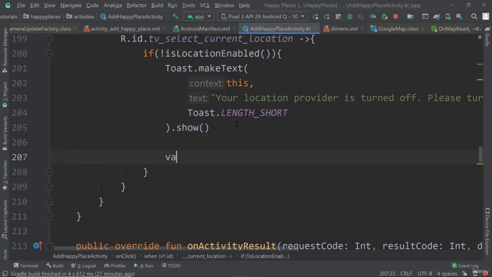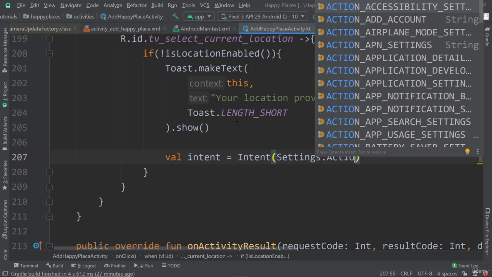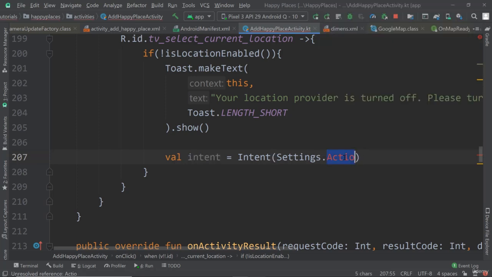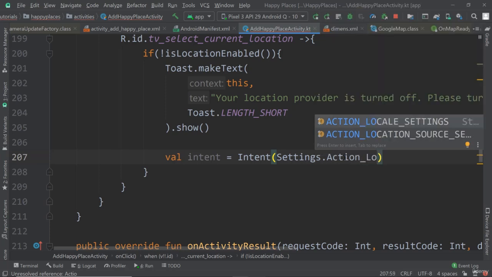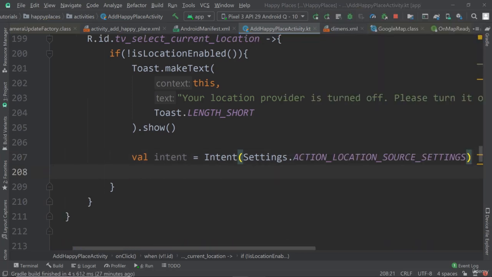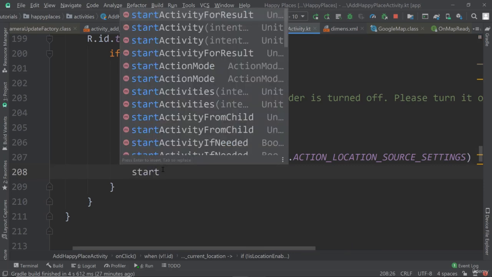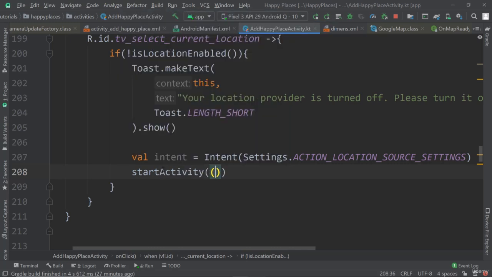So let's say val intent, Settings.ACTION_LOCATION_SOURCE_SETTINGS. So that will just go to the location settings of the app, the permission settings, and then let's start the activity that we just prepared. So intent, and then